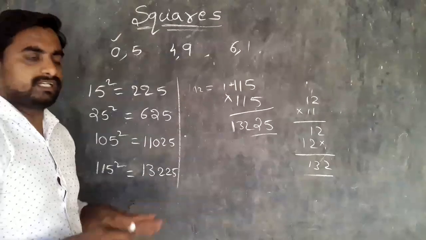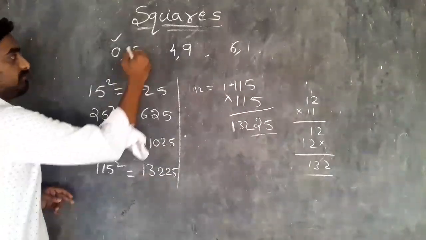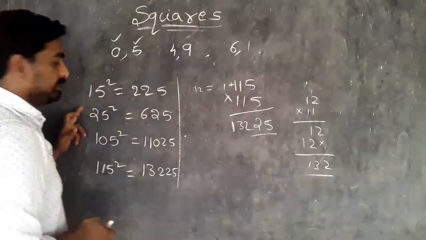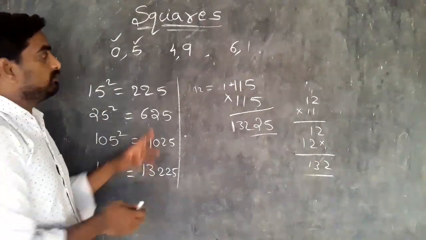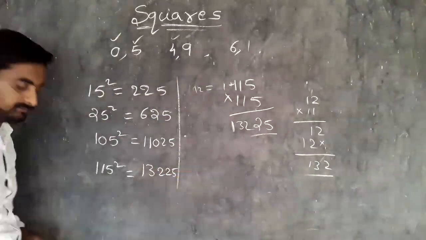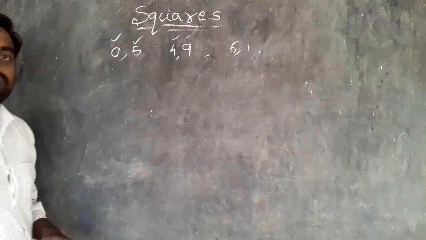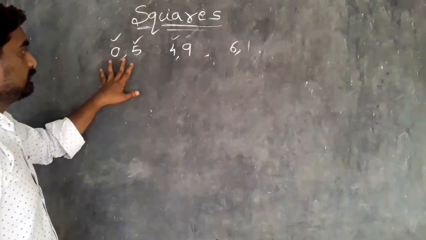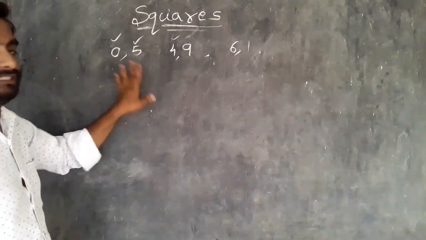We can write any square number based on this technique, for 5 ending numbers. Okay friends, I think you got the technique. So now let's go for 4 ending numbers. It's a different technique for this one. The 4 ending number technique is based on these two numbers as reference. These two are reference numbers.